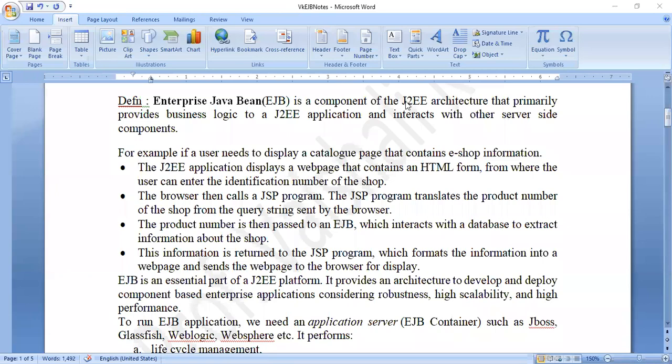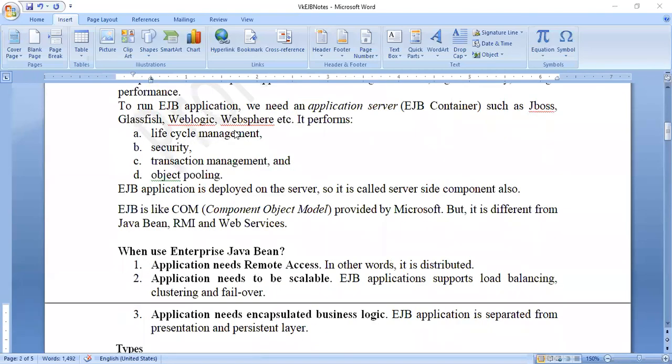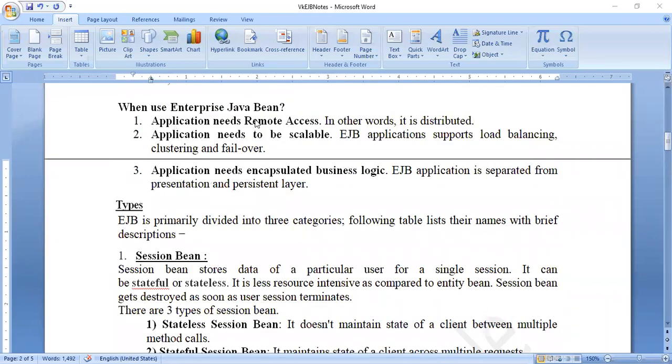Fine. So let us see when to use enterprise Java Beans. When the application needs remote access. Normally, whenever we are accessing from the remote machine, that means whenever there is a communication between two machines which are located remotely, we make use of EJB because the interaction between those two machines and interaction with the database will be complicated.